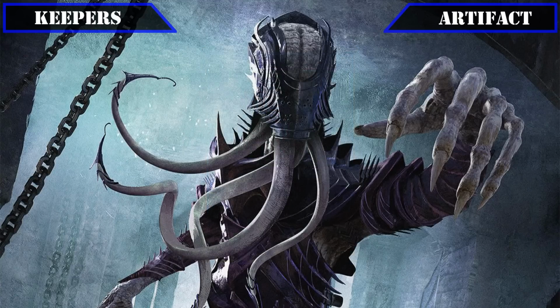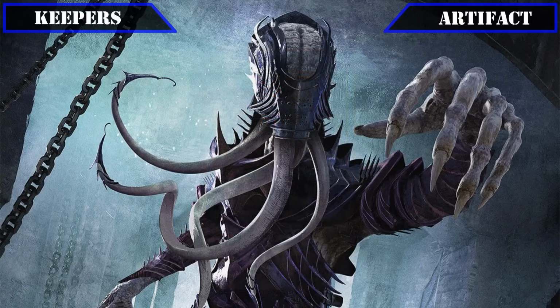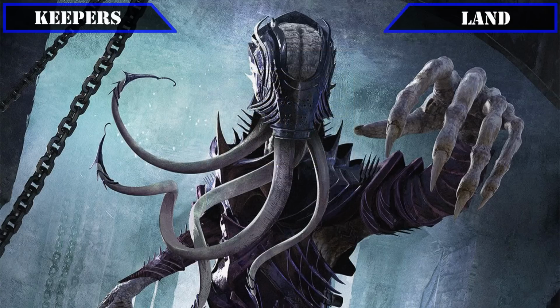Then, for our last 2 artifact holdovers, Mind Crank stays in for effectively doubling the mill our commander provides our horrors to allow them to fill our opponent's bins even faster, and Lightning Greaves stay in as well to keep Captain Negathrod protected from our opponent's removal once they start getting sick of having to fight their own creatures turn after turn. Skipping over Planeswalkers since none were included in the base build, we'll move right to our kept land